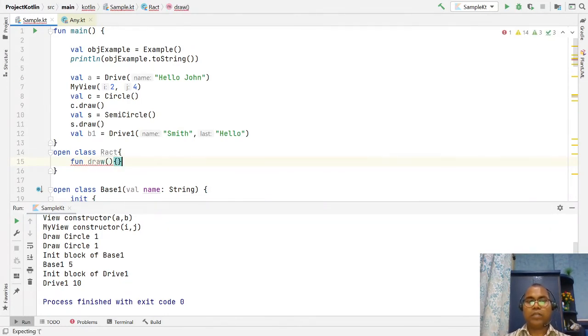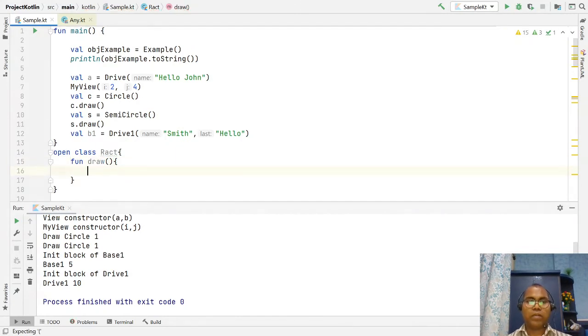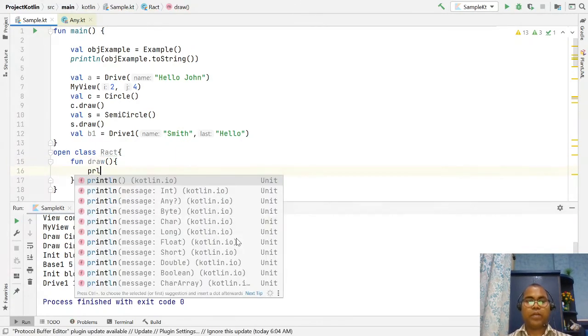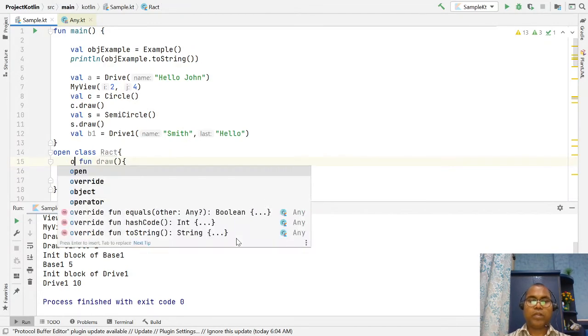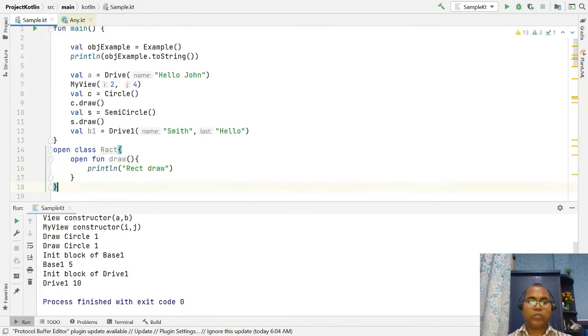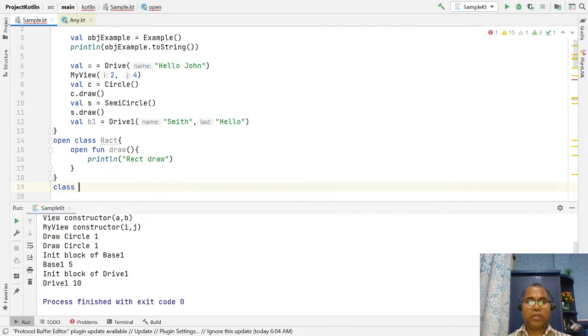And in this draw you have a println, Rect draw. And just open it so that it can be overridden. So in this we have a subclass, FillRect, and just extend your Rect.